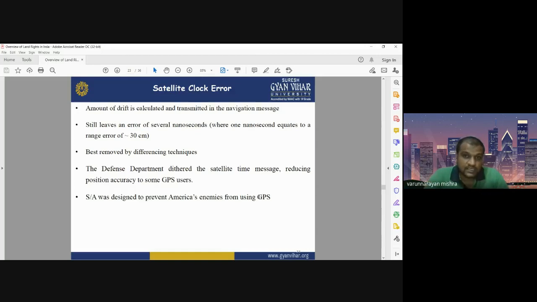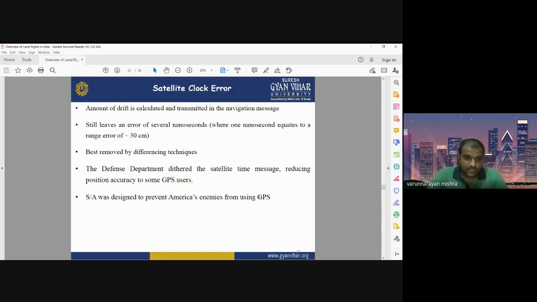One important thing is that GPS may be of different types. Some GPS may be used for military purposes, and some for civilian purposes. The GPS we use for civilian purposes, for normal surveying, does not have the ability to accurately receive the GPS signal, and there may be some delay in the time. But the GPS receivers used by the army and intelligence agencies have very precise information, up to the range of 30 centimeters. This kind of practice is known as selective availability.